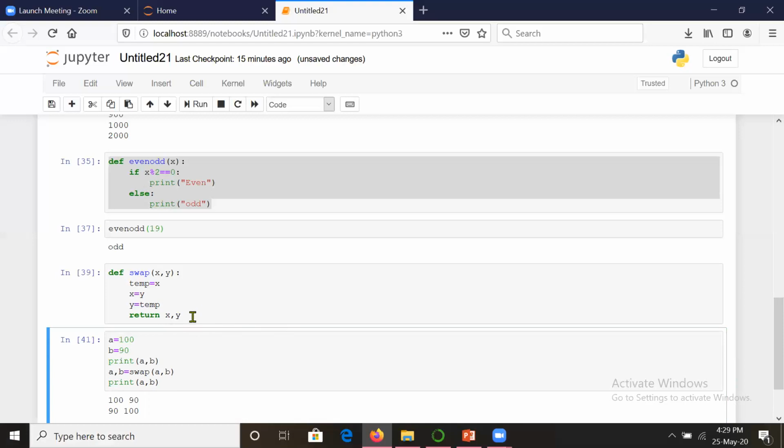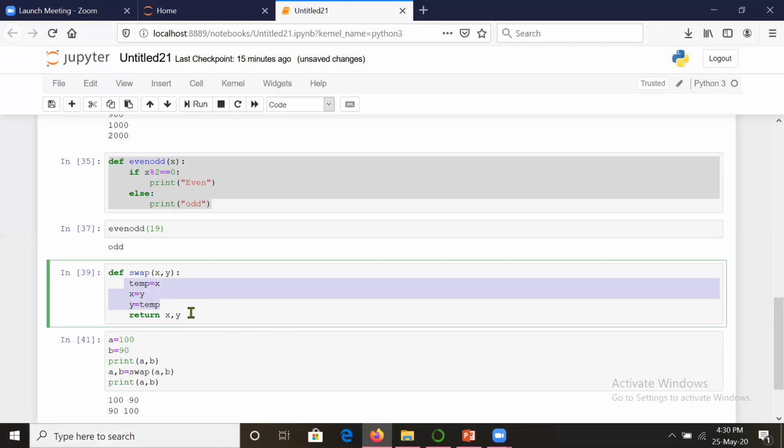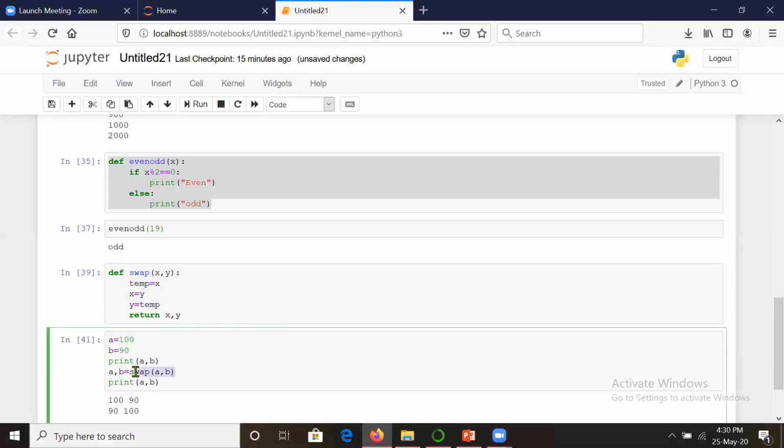So you have seen here, this is how you have swapped. For those who couldn't get this, I'm repeating, this is the logic for swapping the values. We have returned two values. These two values returned will go to a and b, and so we have printed a b. So this is so easy, and this is a unique feature of Python that you can return multiple values. So let us move ahead and take some more examples.